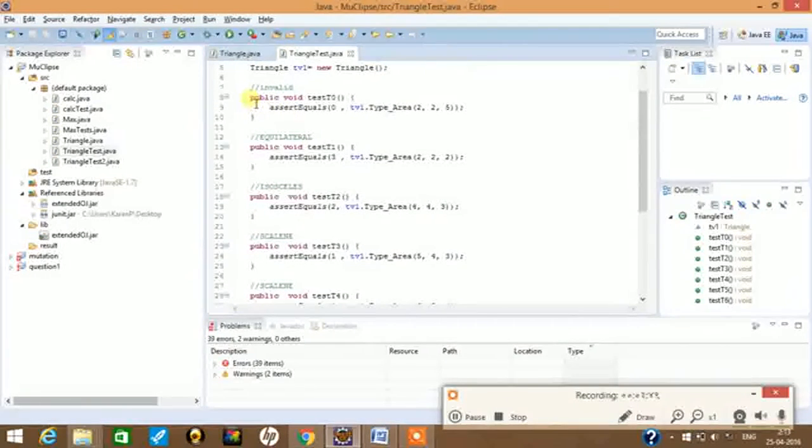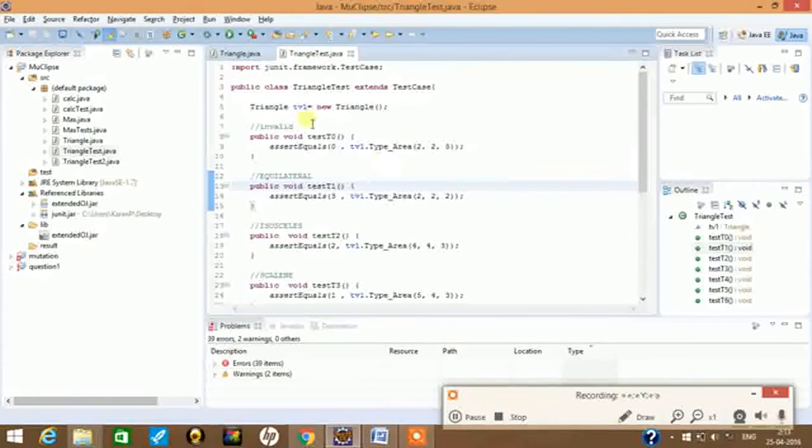This test method is to check whether the triangle is valid or not. This test method is to check whether the triangle is equilateral or not. Similarly, these two methods are to check whether the triangle is isosceles or scalene.